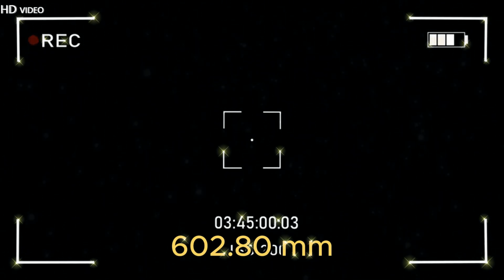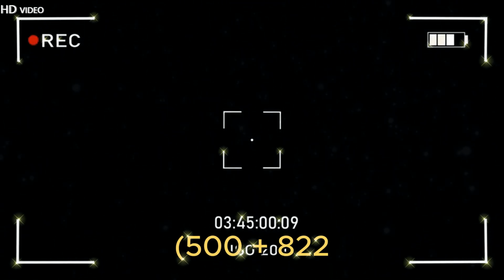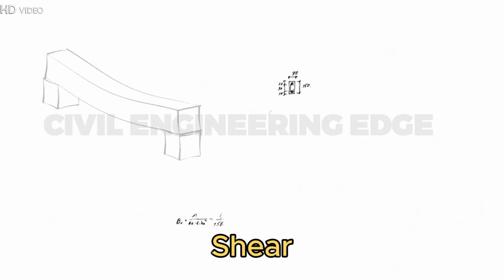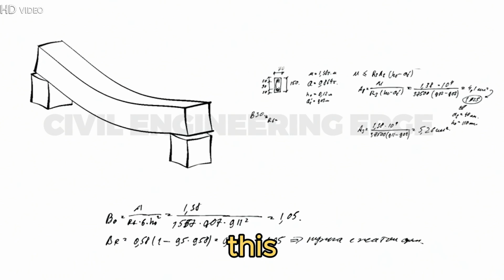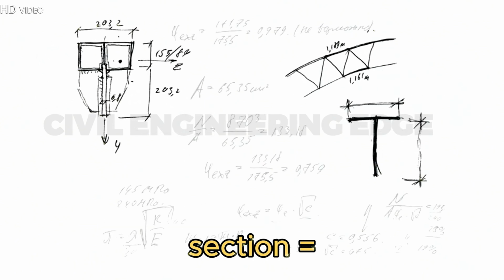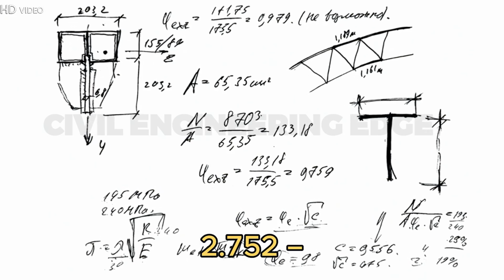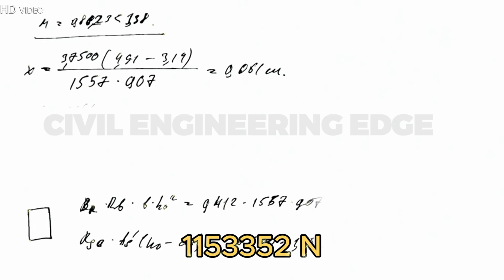Equals 680.80 to 78 equals 600 to 0.80 millimeters. Critical perimeter B equals 4 x (500 plus 822) equals 5,288 millimeters. Shear force at this critical section equals V equals 198,347.11 x (2.75 squared minus 1.322 squared) equals